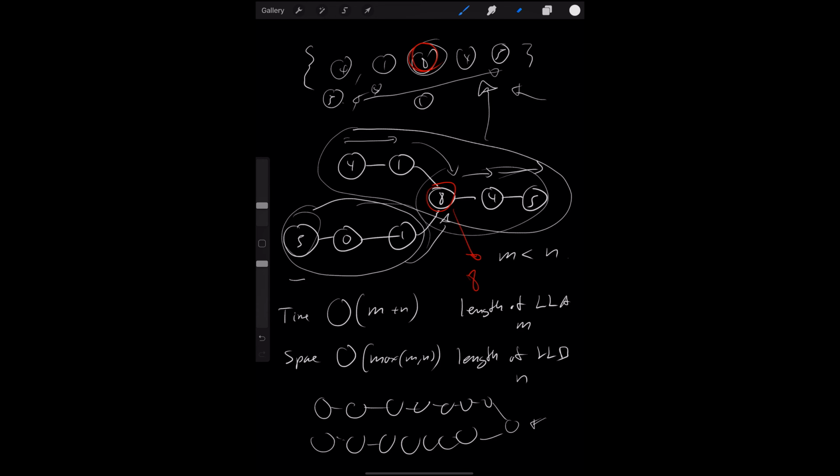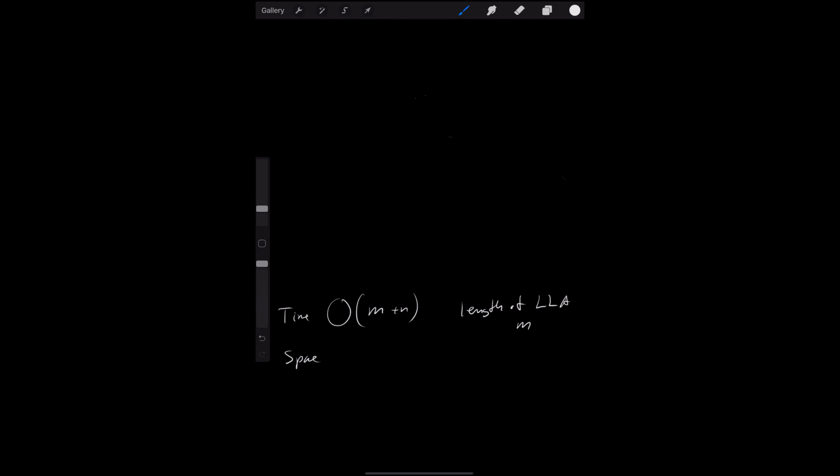Actually, let me backtrack. So yes. So instead, what I realized is, let's go back to the beginning. What we can do is, I could have done a small optimization, which was, yeah, so